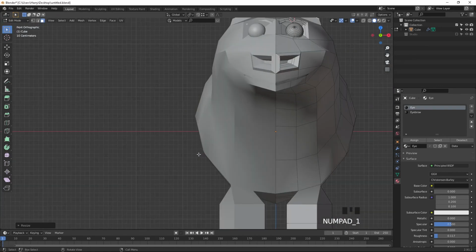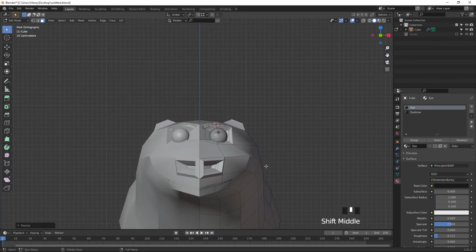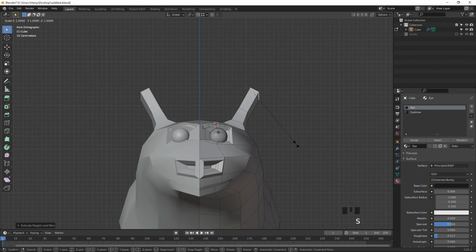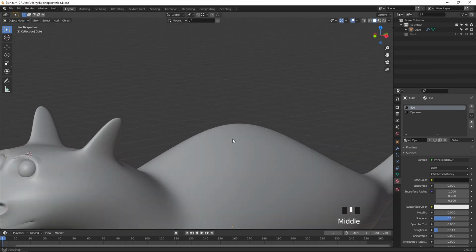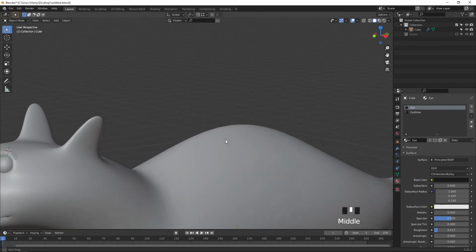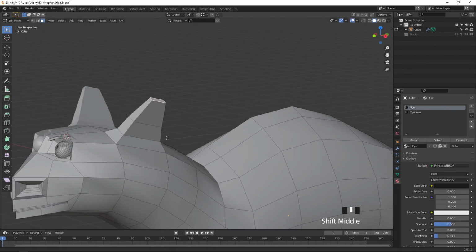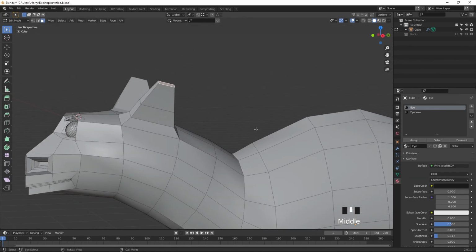and press 1 on the keyboard. Press E to extrude and scale it down and rotate it tightly down. E to extrude, scale it down. Okay, so this is the shape we did. E to extrude, scale it more down.